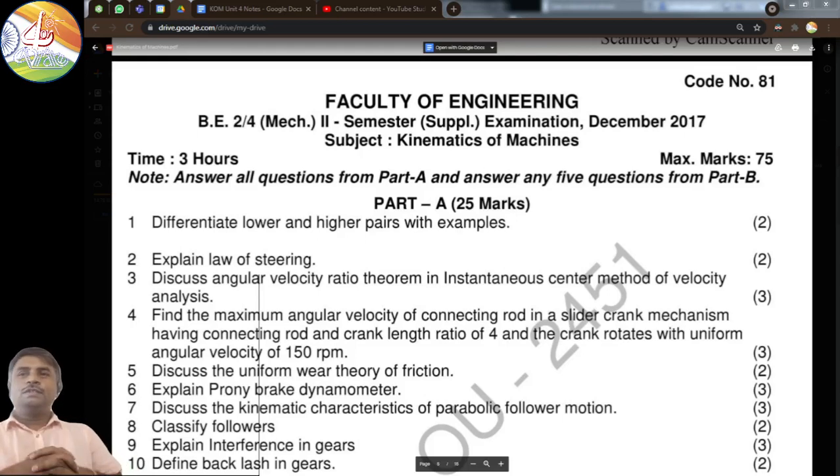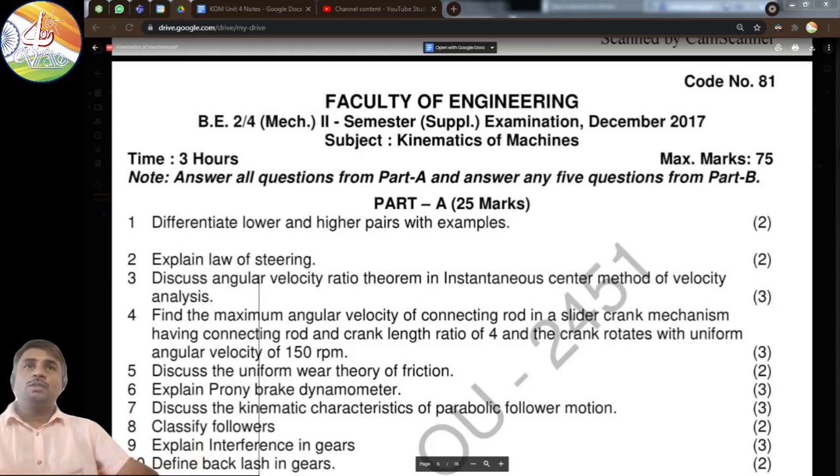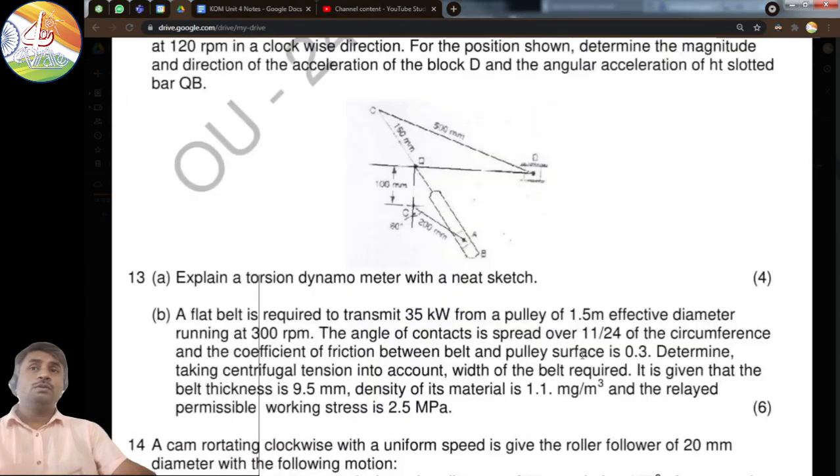Namaste everyone. In this video we are taking up a problem on kinematics of machines from an Osmania University paper. This paper came in December 2017, you can see over here, and we'll be covering a problem on cams in